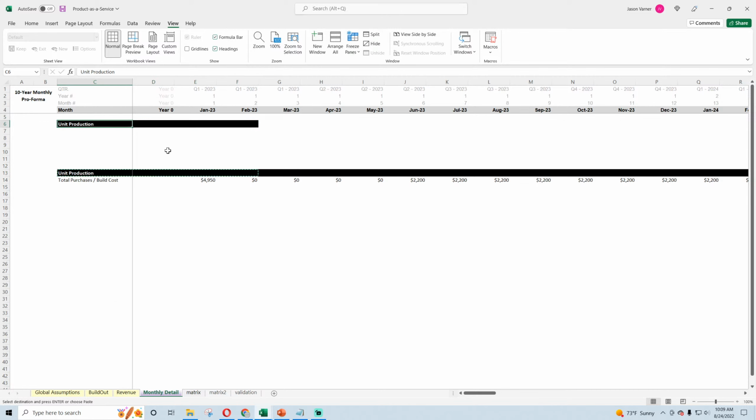So we want to say customer pool: beginning count, customers added through paid ads, customers added organic, customer churn, month ending, ending customer count.